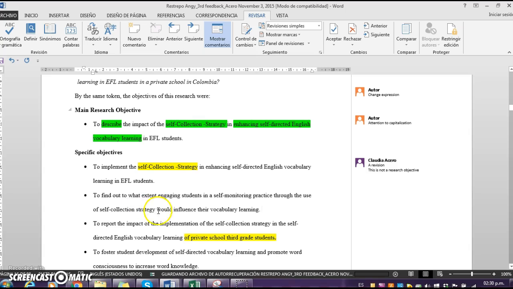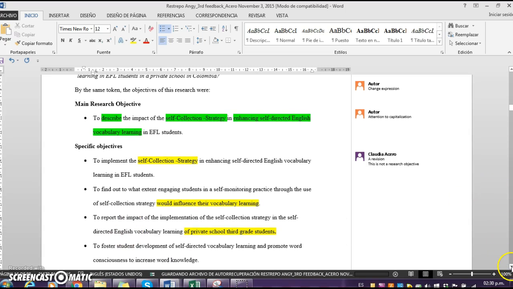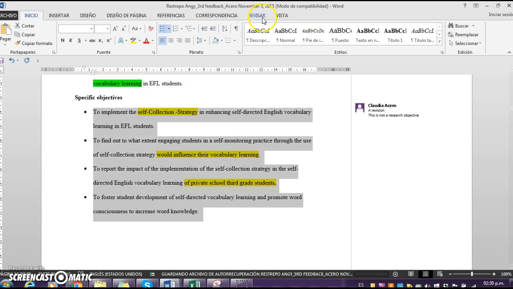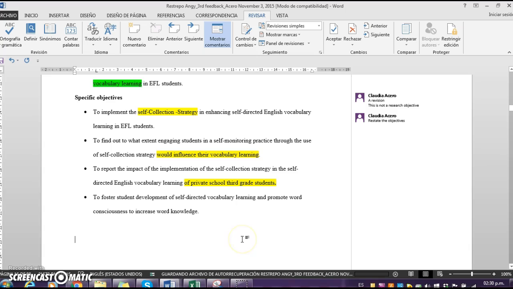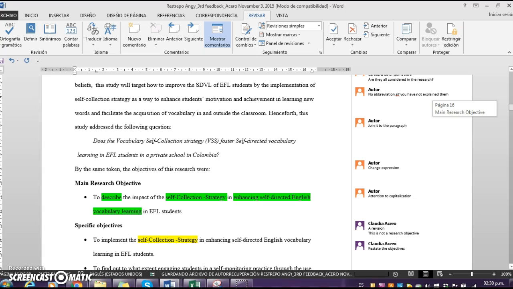I think that you wanted to find out that students raise their vocabulary, for example, and, to report, to foster, so they are the same. So based on what you have, try to restate the objectives. This is not a sin, it's a valid issue in action research,